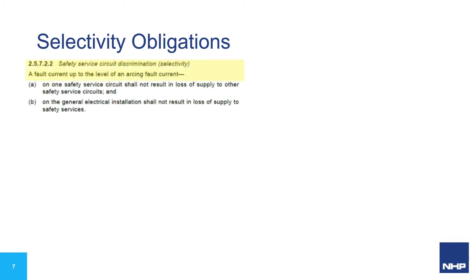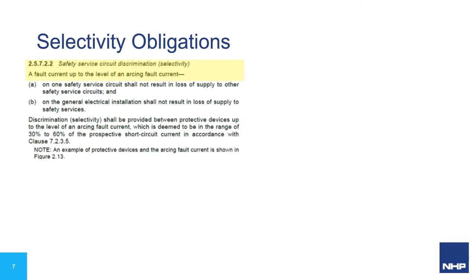Through to our obligations for safety, service, circuit and general supply selectivity, right through to enhanced selectivity to the full prospective fault level of the installation. After compliance to the wiring standard, safety service selectivity, general supply selectivity,